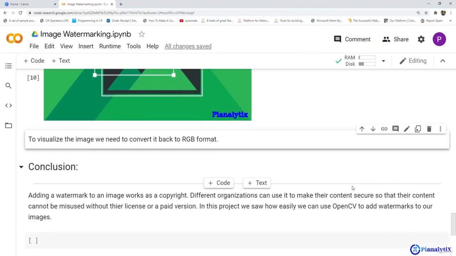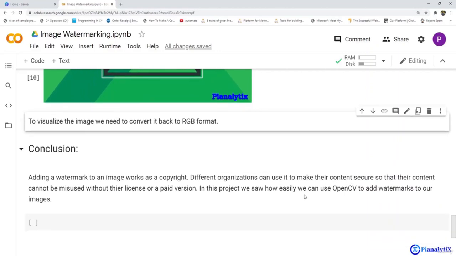So to conclude, we started with adding a watermark to an image which can work as a copyright. This whole system can be used by different organizations to make their content secure so that their content cannot be misused without prior license or a paid